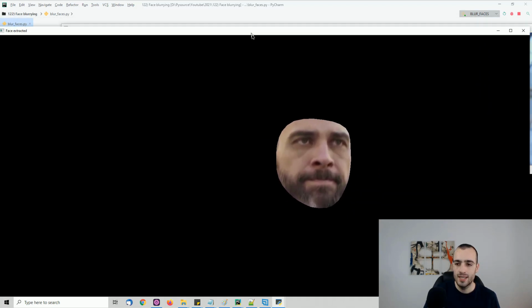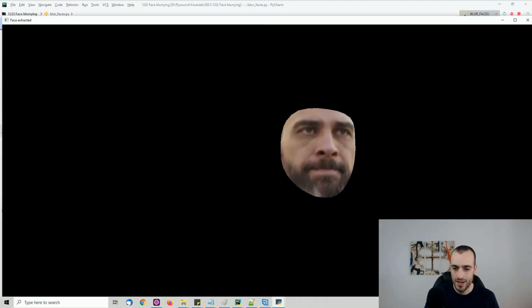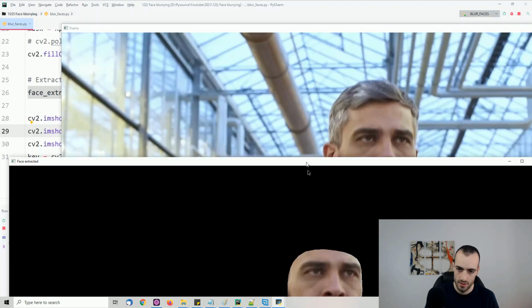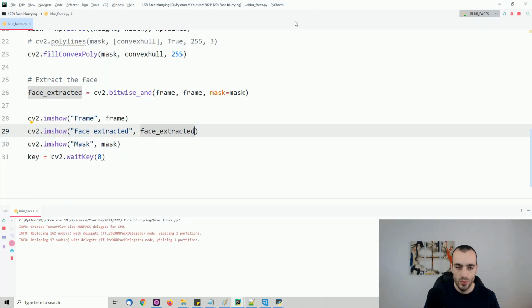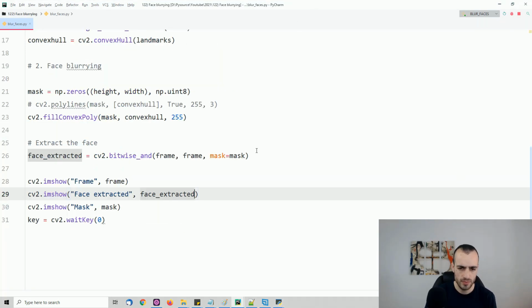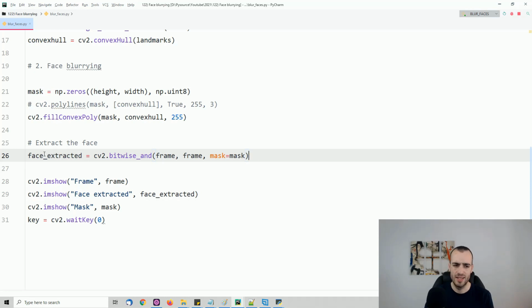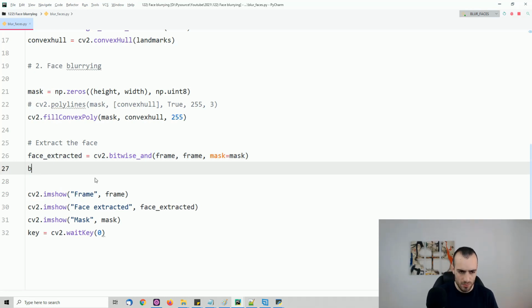Okay, this is the mask with the face extracted. What now? What should we have to do now? Now the next step will be to blur the face extracted. So blur face equals